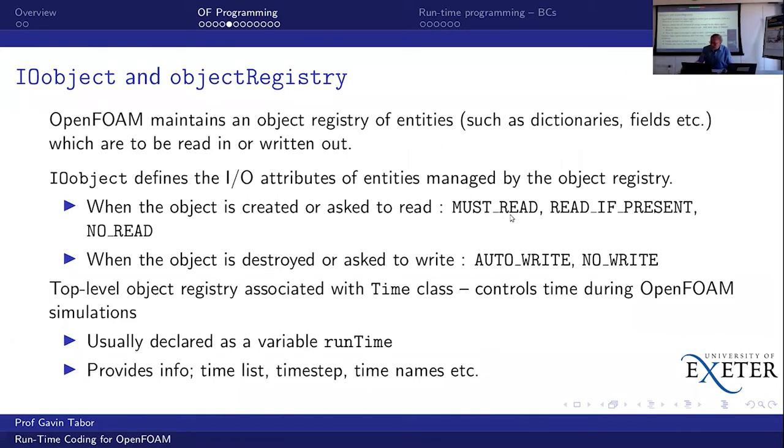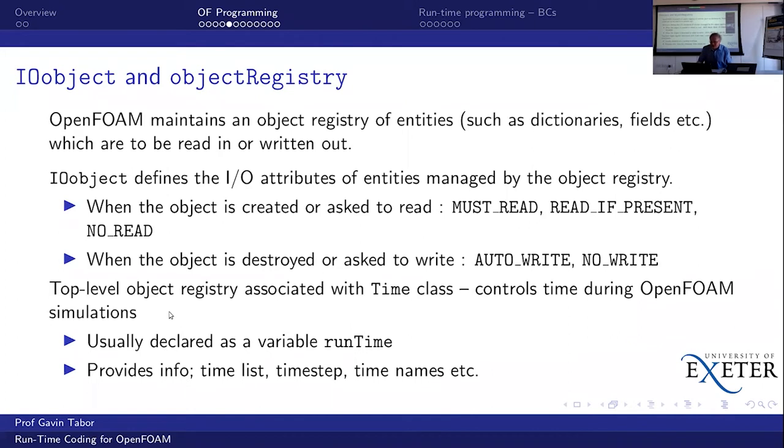So you'll probably remember that, or if you've done any coding, when you program one of these objects, you need to specify what to do when it's created or read. So must read, read if present, no read. And equally, what happens at write time? Do you write it out or do you not write it out? And the top level